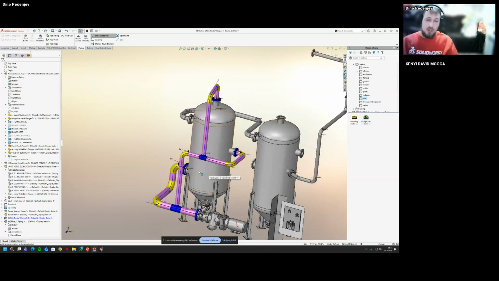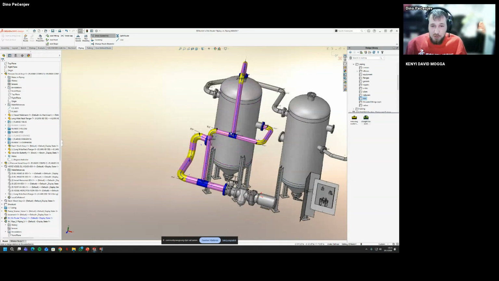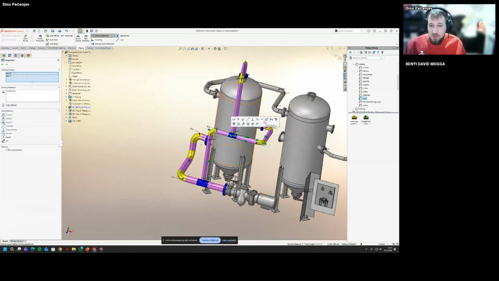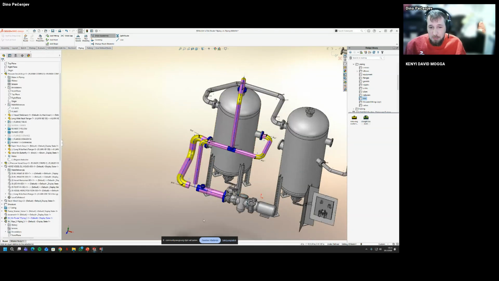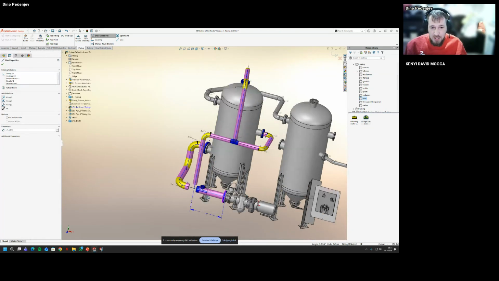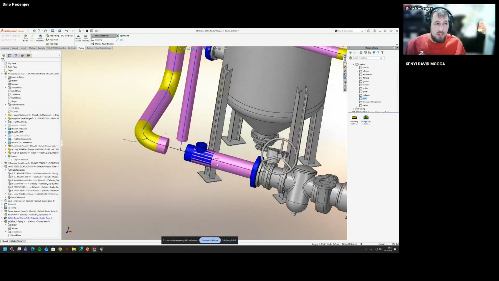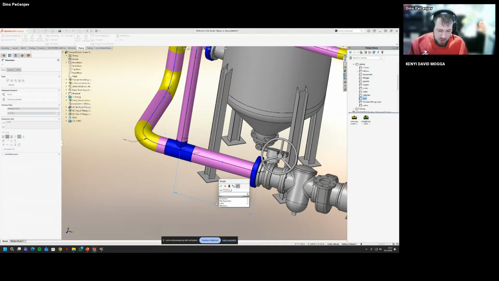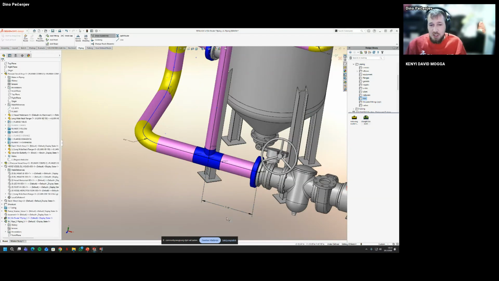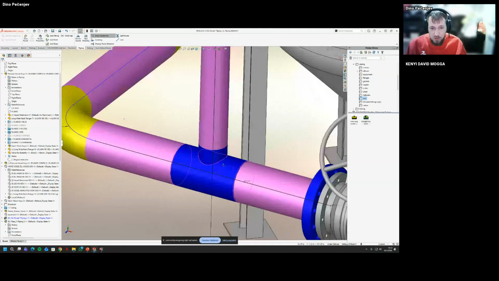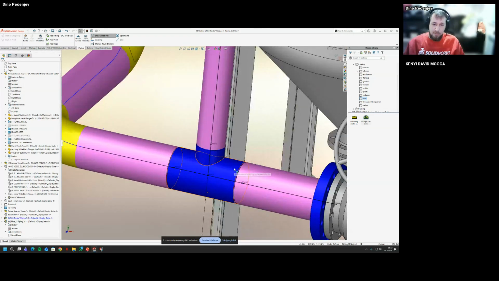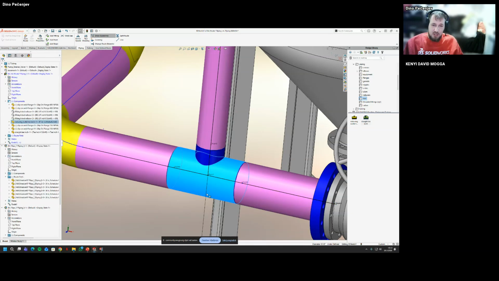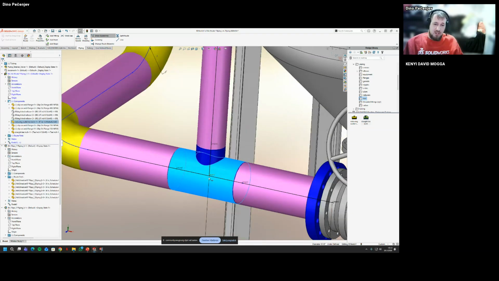So you can always use relations to set this up. Here for the end, I'm just going to say make this equal, create the part, and don't worry about this. This will automatically update. So I'm just going to dimension this part with 1 feet 9 inches. And the important thing, I mentioned the connection points and route points. You can see that the connection for this T is in the center of it, and this is where the routing point is used.